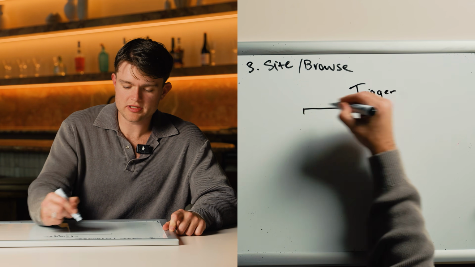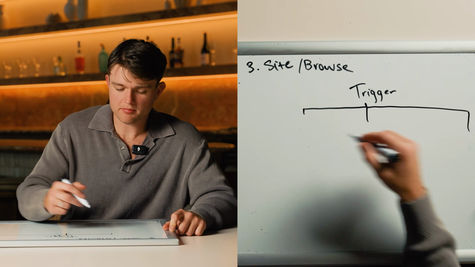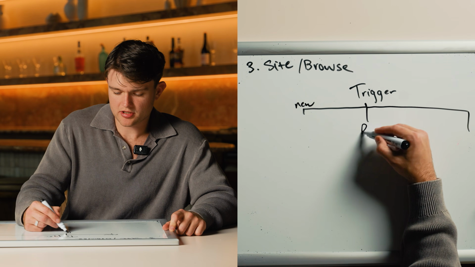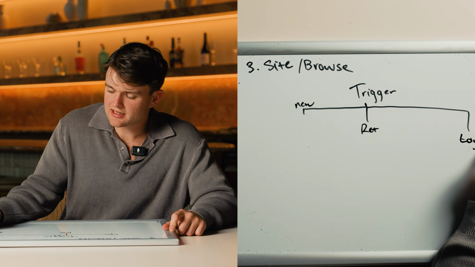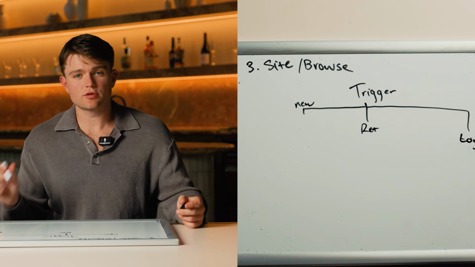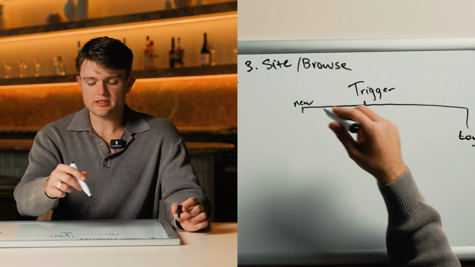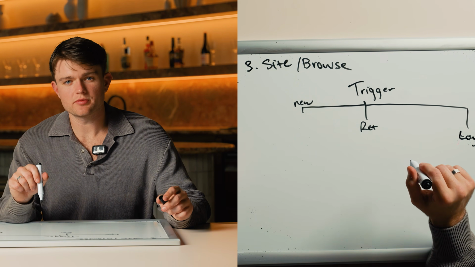in cart and checkout. For all these pre-purchase flows, we should just be splitting by who the customer is. Are they new? Are they returning? Are they loyal? That allows us to cater that messaging, exactly what we just spoke about, and you still do that in your site and browse abandonment. I will always split out by who the customer is in our flows so we can talk to them with